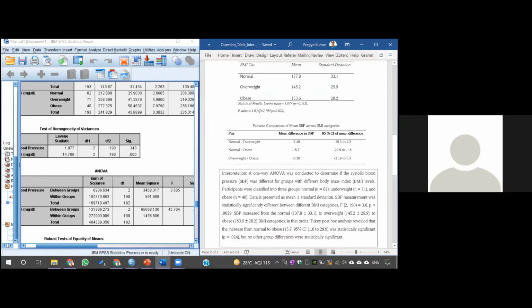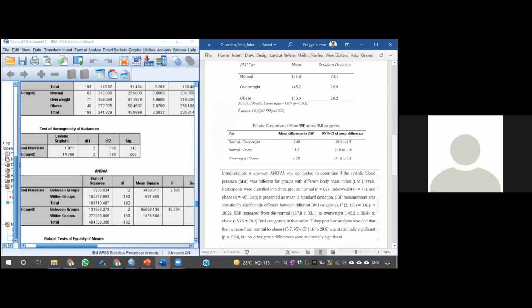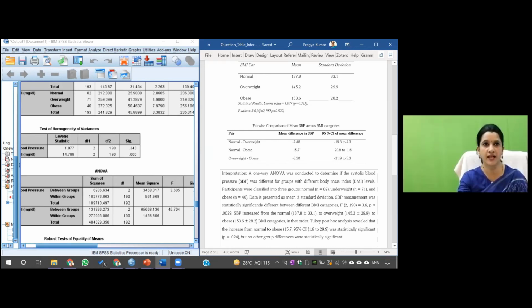I want to ask one more thing over here. In this pairwise comparison of mean systolic blood pressure across BMI categories, in the pairs, why have we only reported these pairs? Why not other pairs too? Are we going to report only the ones which are significant? No. We have reported all the 3 pairs. Is there any possibility? 6 pairs. There were only 3 pairs. What other possibility of pair can you think in this case? Like obese, overweight. Okay, overweight, obese. That is there. Yes, ma'am.